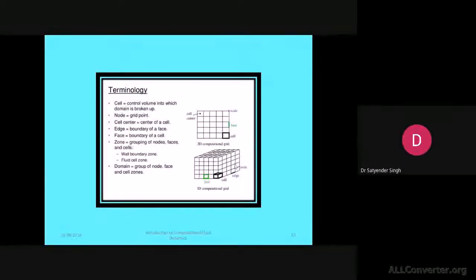So what we call a cell is particularly known as a grid. I should say this is a cell. Cell is also particularly known as a grid. It is a combination of lines that finally creates this cell or grid. And where two lines meet, we call that a node. For a 2D cell, this particular line will be the edge and face also. And at the center, because FVM has to provide the average solution at the center, we call it a cell center or grid point also. For 3D, this will be as per the three coordinates.